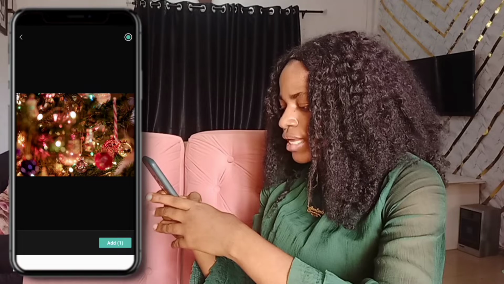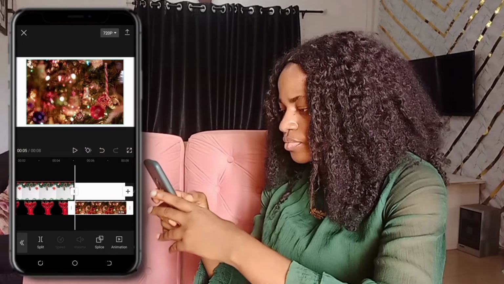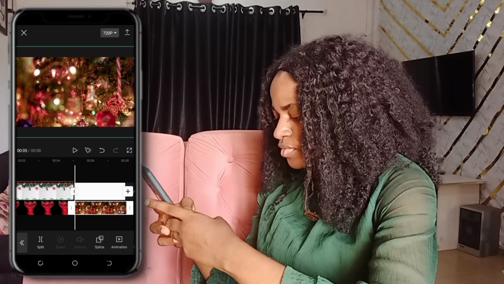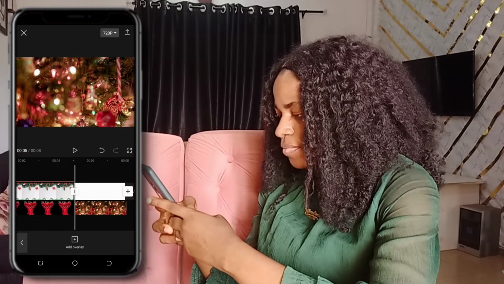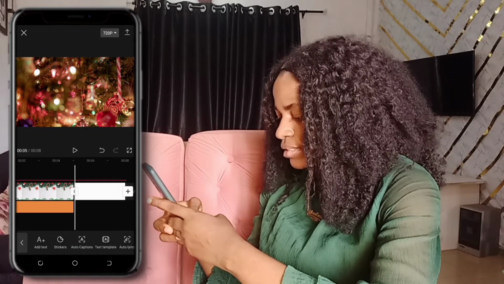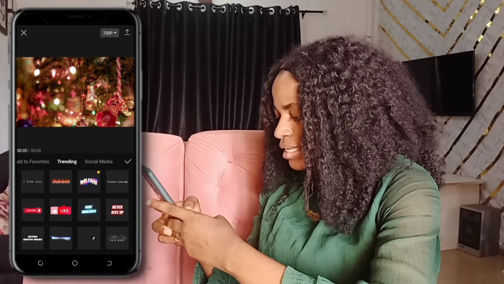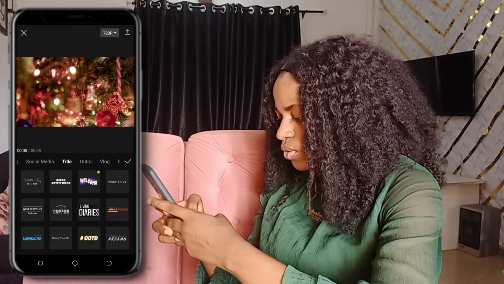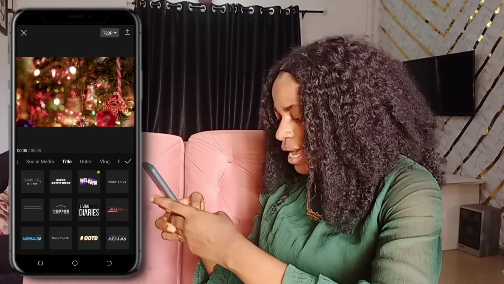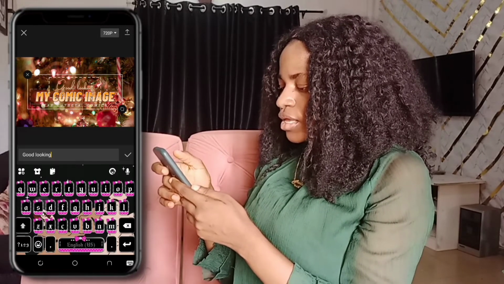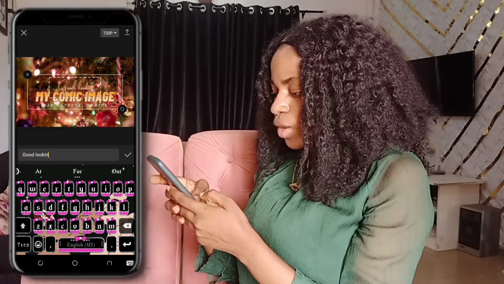We click on the image and we add it. After adding that, we leave there, and then we go back to text template. I'm gonna go to social media, title. I then picked this, removed the "good looking", and I put